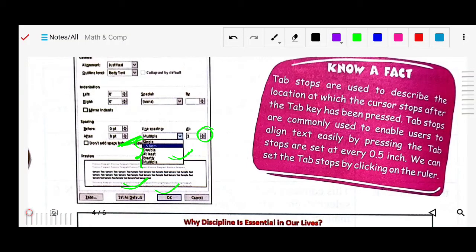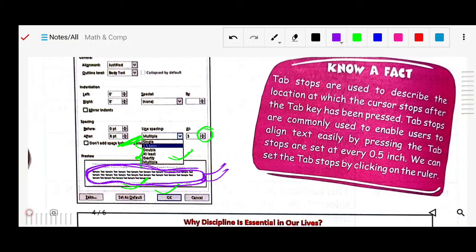Whatever adjustments and changes you make, you can see in the preview section, so that you can get an idea of how it will look.